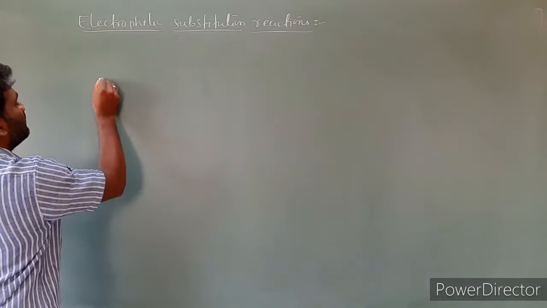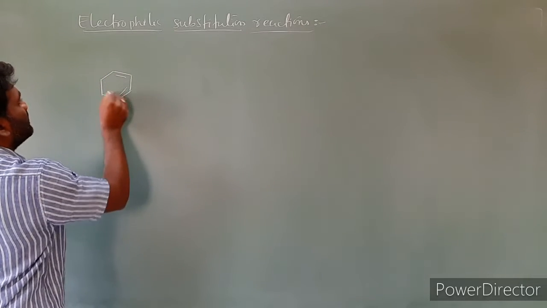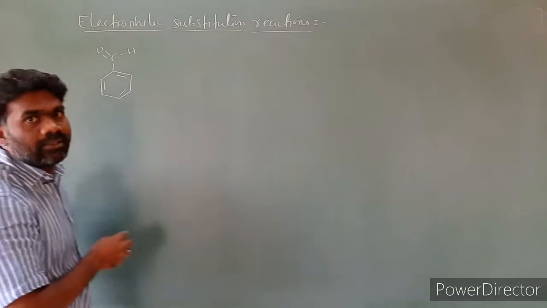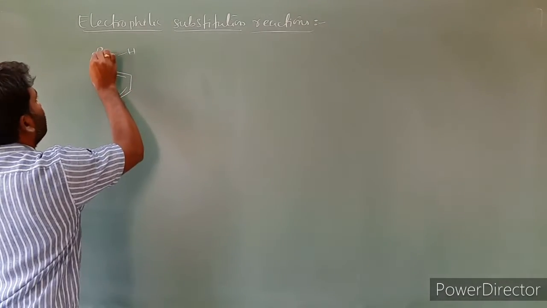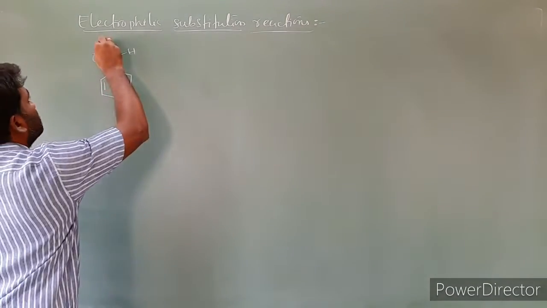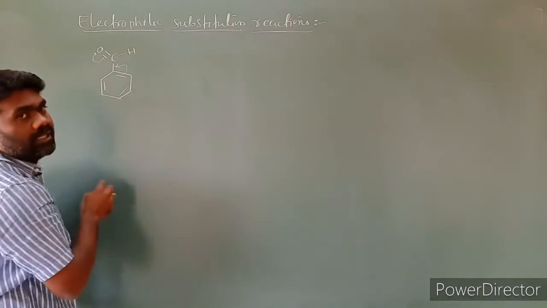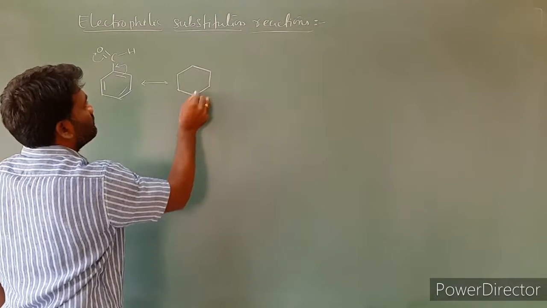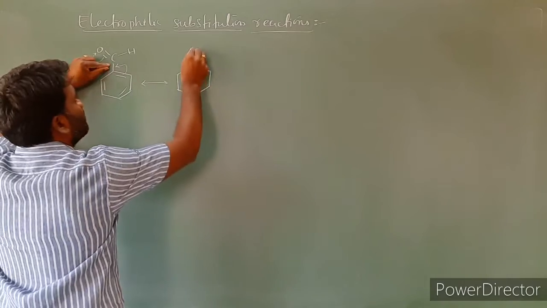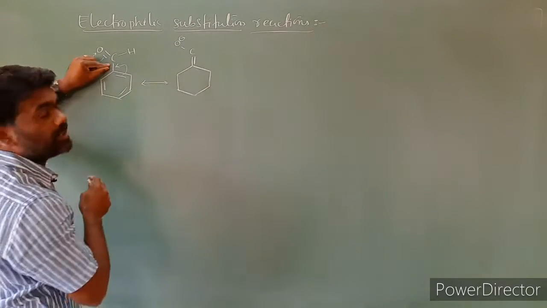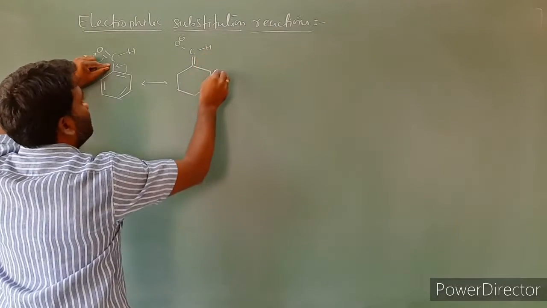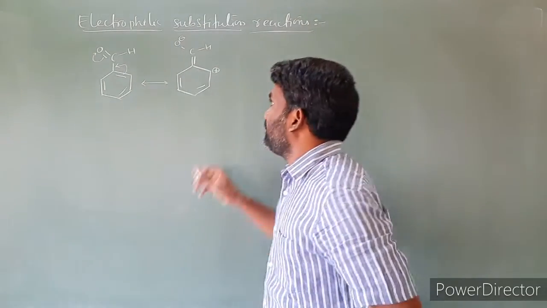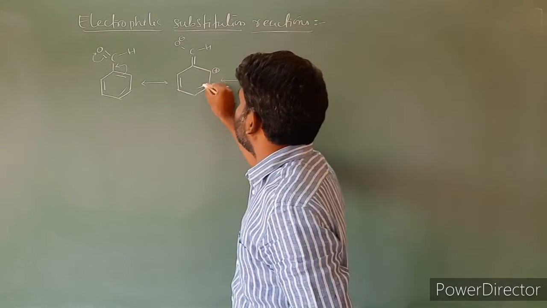So I am taking a benzene ring. On the benzene ring, there is a CHO group present, C double bond O, H, isn't it? Then the oxygen is more electronegative, so this pi bond will move towards the oxygen. As a result, the structure we can expect from this resonance is a double bond forming here, C, and O with a negative charge, with the hydrogen remaining the same. The ring will get a positive charge here. Then the next bond will come here.